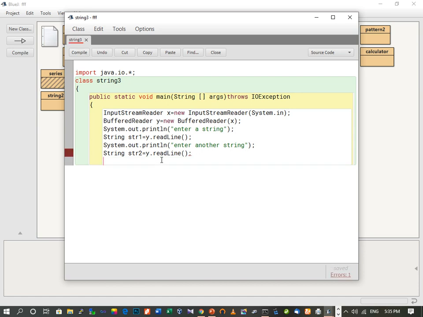And now we have to take one integer variable which will store the output of this function. So let it be int c, as this function returns an integer value, so our output will be stored in an integer variable. So c equal to str1.compareTo(str2).